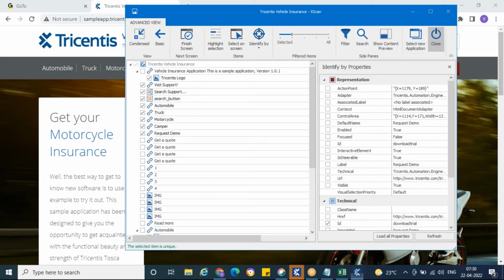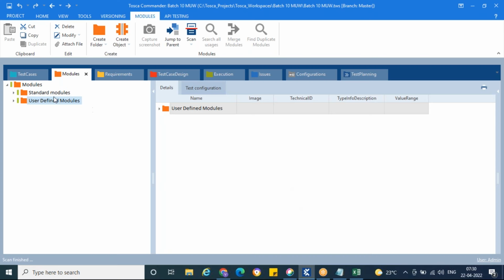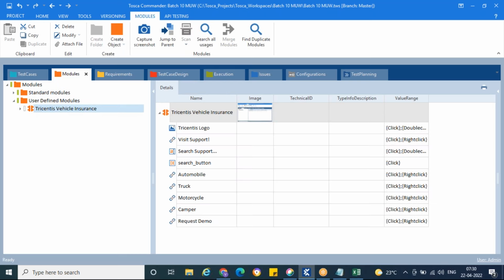There is an option to close. I'll go to Tosca, user defined module. See, this is the module, X module we call it as. Okay, this is the module, and for this module in the details section, you have, see, TRICENTIS logo, visit support, search button, and all these options: automobile, truck, motorcycle, camper, and request demo, right